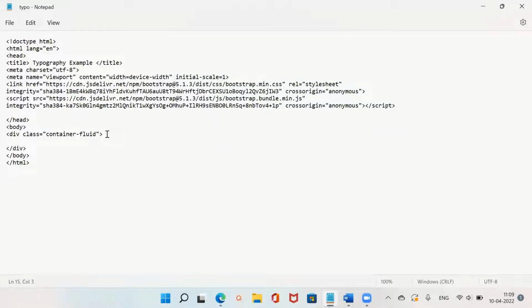Now inside this particular div tag, I'll just normally show you how to actually give the image using HTML tags, and then we'll start adding the classes of Bootstrap. So I said img, and then img has one attribute which is the src attribute. Inside this src, which is nothing but the source attribute, we just need to give the path where your image is. So my image is in C drive, users,